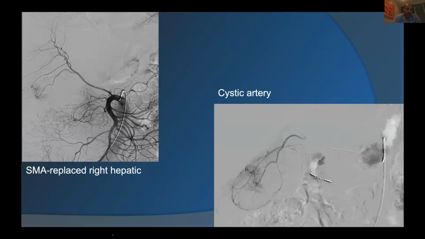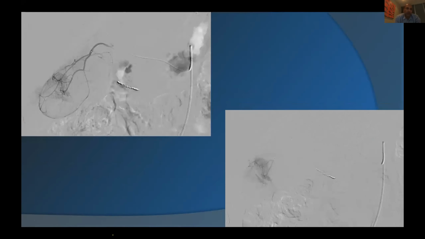So let's go to your SMA. This is the SMA replaced right. And that first branch perfuses the tumor. And that first branch, unfortunately, is the cystic artery. So you could see the oval-shaped gallbladder. And you'll notice that there's tumor hypervascularity coming out. And what we did was, where the microcatheter is positioned, we just slid it into the cystic artery, into that first branch where we were perfusing tumor only. So the non-selective cystic artery is on the top left, and the selective cystic artery is on the bottom right. So now we're perfusing essentially no more gallbladder wall and just tumor.